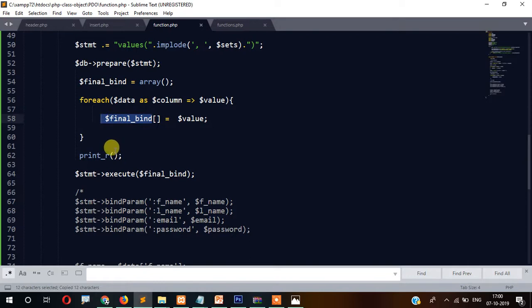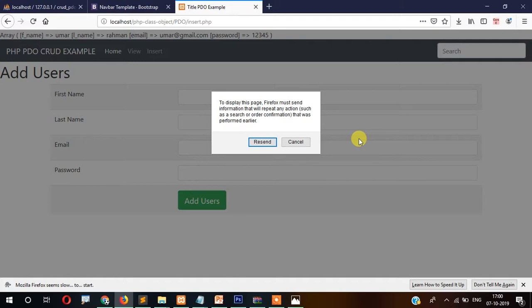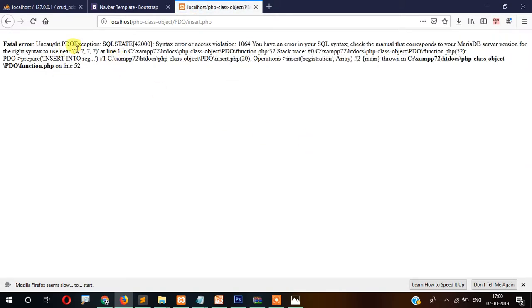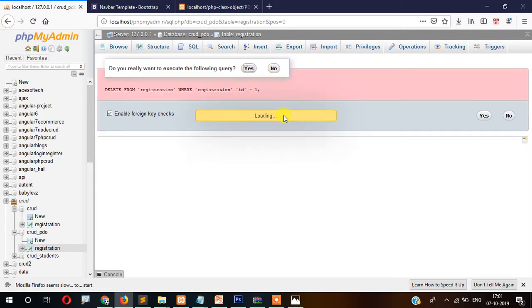So now let's refresh it again, and you can see in this final bind, okay, so there is something wrong. Check. Okay, so this is integrity violation. That means same data we are trying to insert 2 times. That's right. Let's delete this. Let's select it. Now let's click on delete. So if you try to insert again,